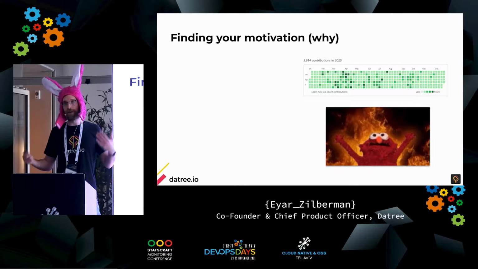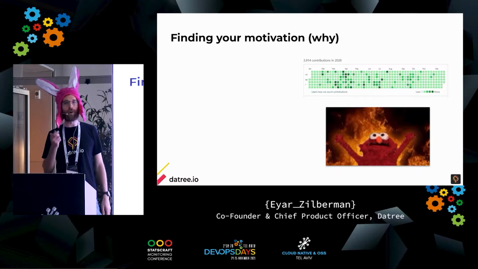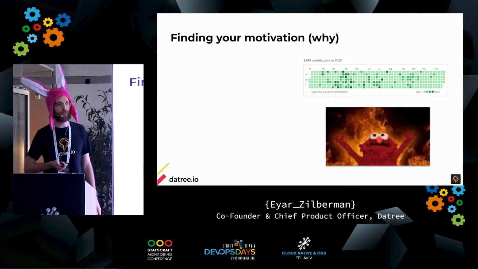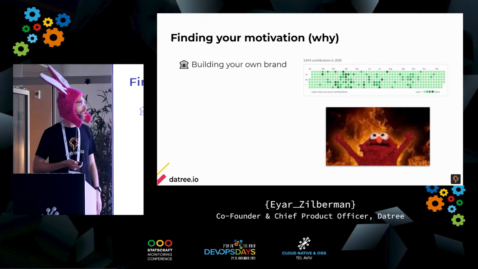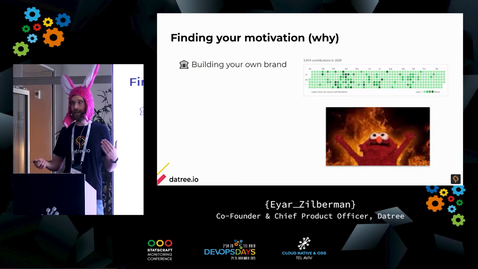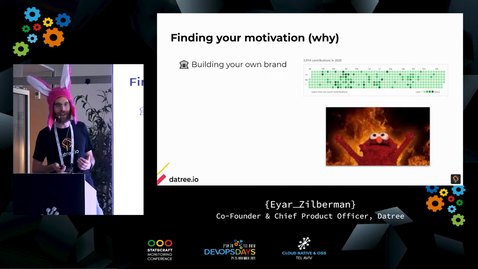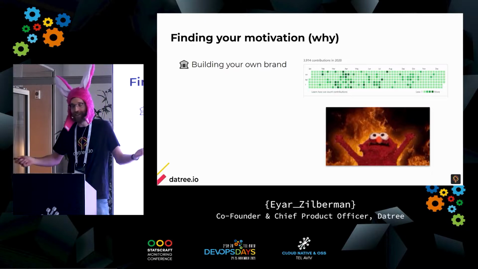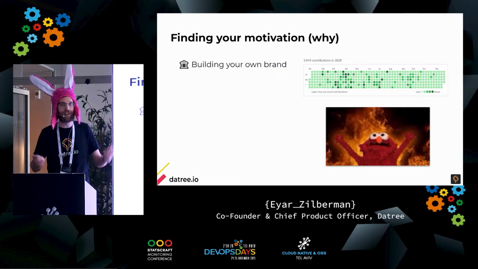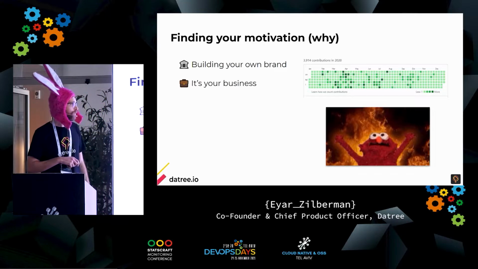So, like I said, I'm coming from a product background. And in product, everyone knows that the first thing you learn is to ask why. So why do I do it? Why do I want to have an open source project? I found three main reasons. One, you want to build your own brand. Because let's face it, if you have Kafka on your resume and you are the maintainer of Kafka, yeah, it's really nice. It's your business card, it's your resume. I'm sure that you will find your next job for sure.